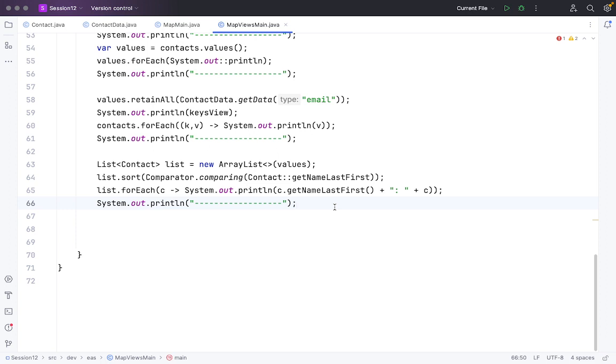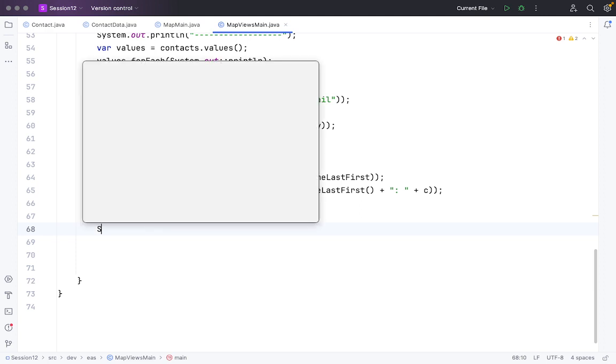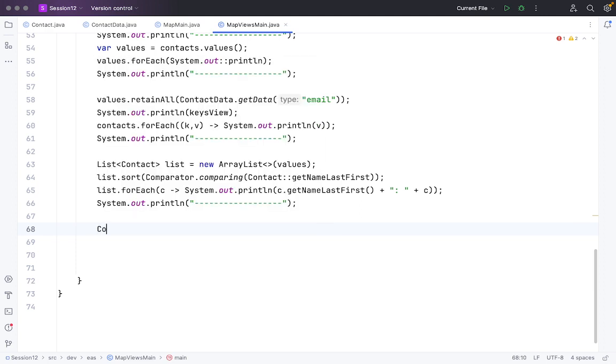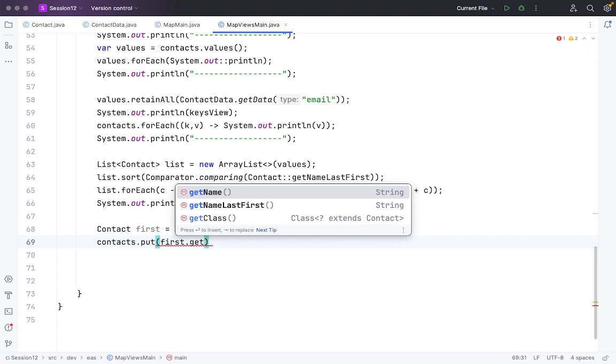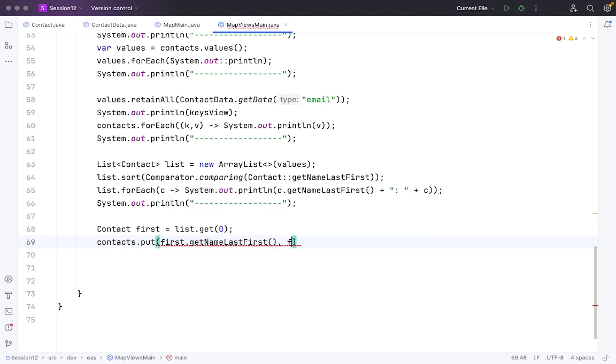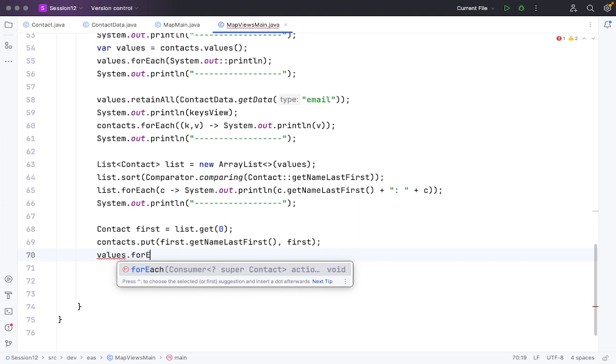And there are a few more functions, that is the get function and then entry set, that we have to look into. So let's look into that as well. Let me complete that code. Now let's find contact first: list dot get, it will get the first element. Now contacts dot put first dot get name last as well as first. I will explain what these functions are. Values dot for each